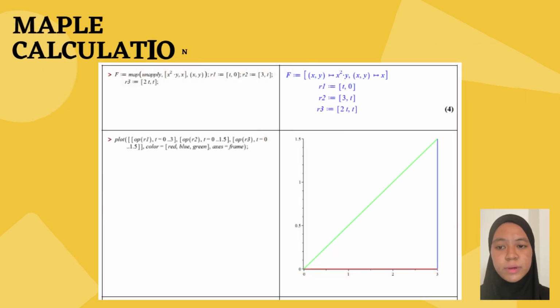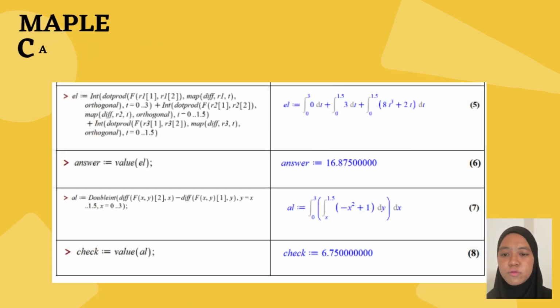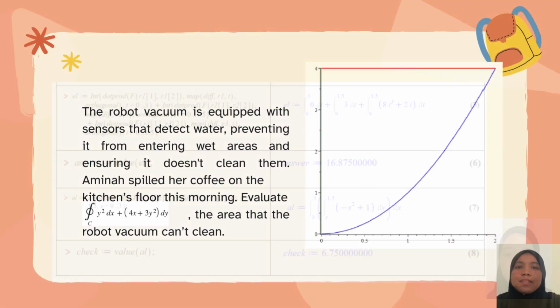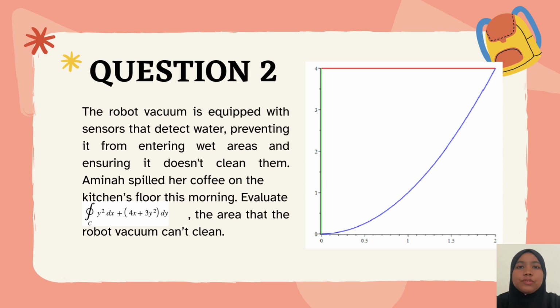Next, for the Maple calculation, as below, we substitute all the coding into Maple and we get the same answer from the Maple calculation and the manual calculation. Next, for question 2,